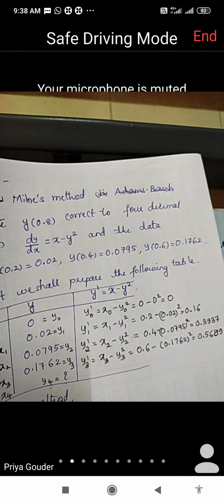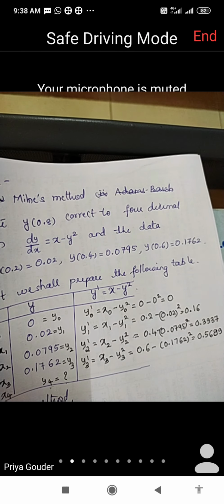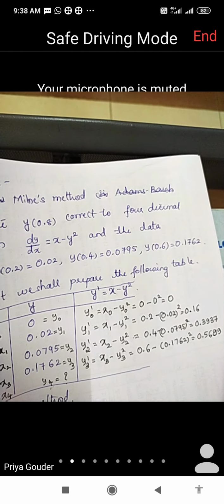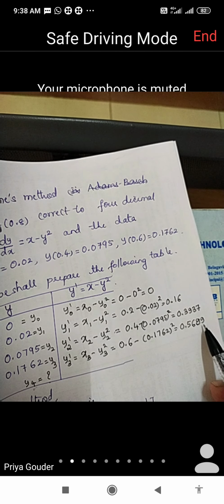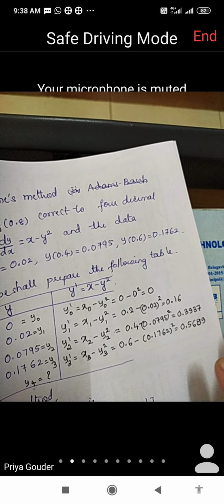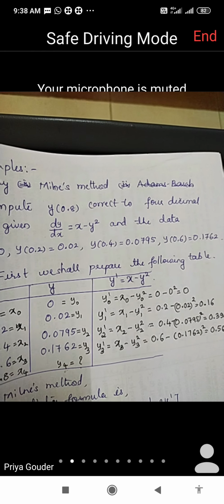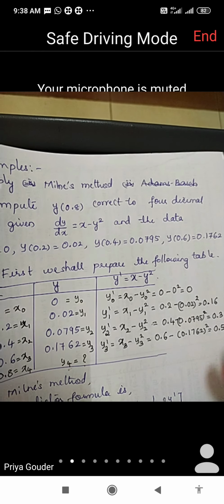Please do that, because if you write only 3 digits, 2 digits, your answer and expected answer will have some difference. This is done. And suppose if it is 9 and you have a digit which is 5 or more than 5, don't worry, don't break your head. What I have to write, this 9, whether 0 or what? Keep it as 9. There won't be much difference. And this numerical is all approximate. In that approximate, we have to be a little more accurate. Now we calculated y3 dash.